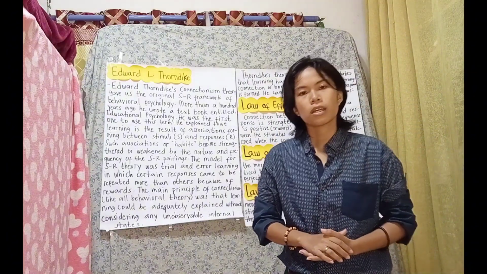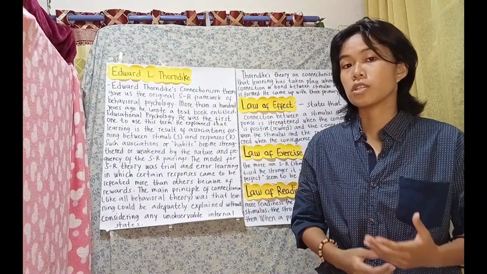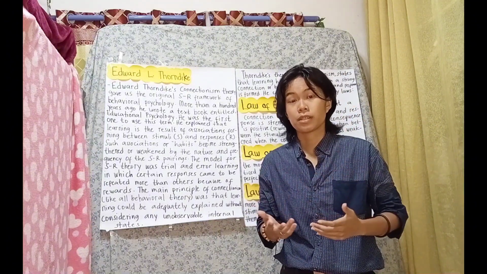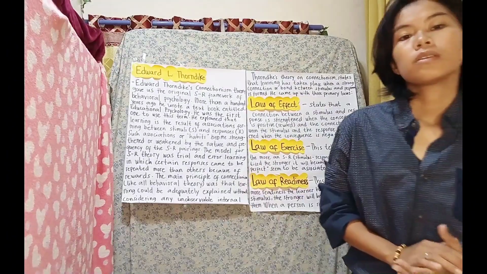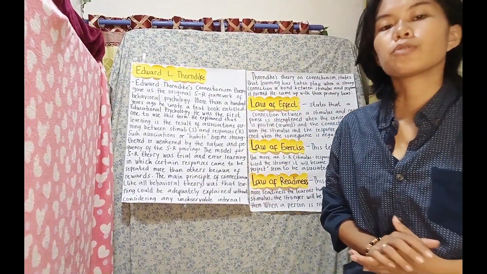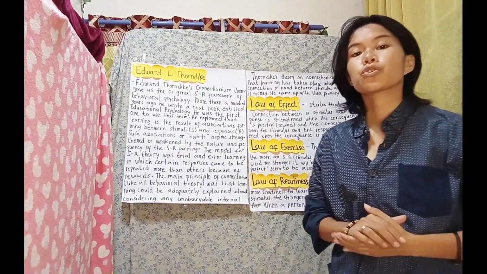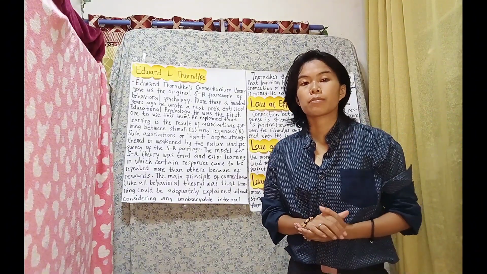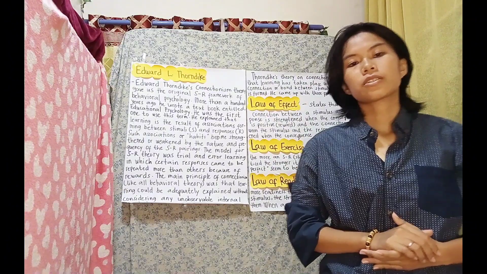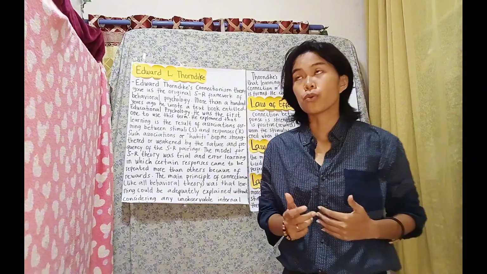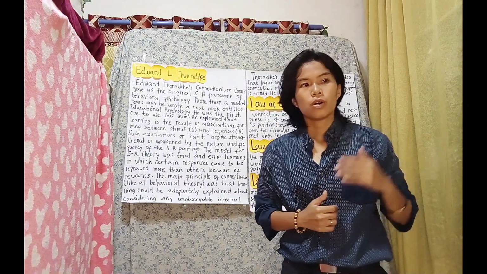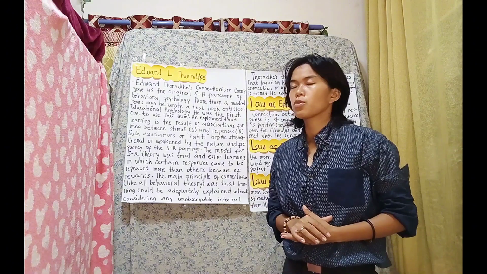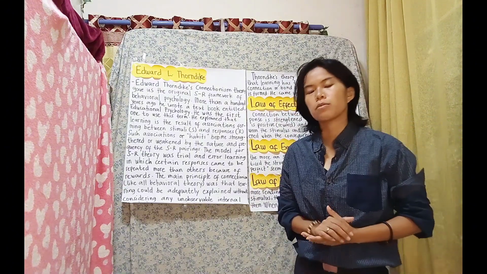In simple terms, if a certain response leads to a reward, it's more likely to be repeated because of the reward. This theory mainly focused on observable behaviors and suggested that you could learn without considering any hidden internal processes. It's like learning through trial and error, where successful responses are reinforced.